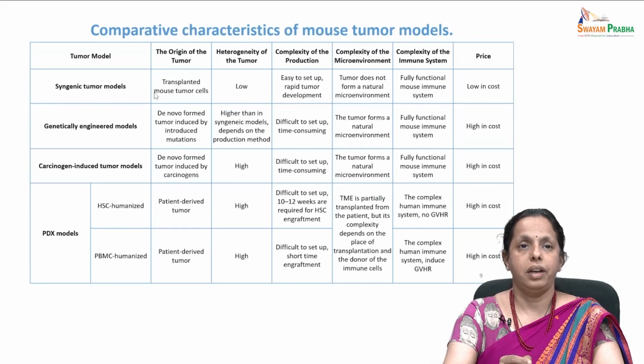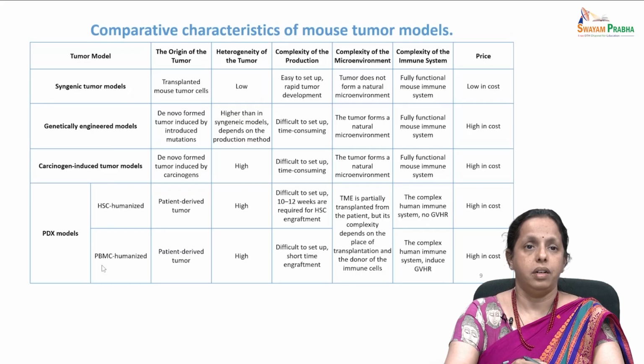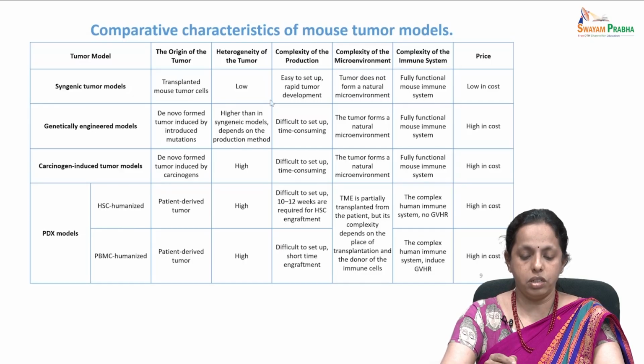This slide will give the comparative characteristics of mouse tumor models which we have discussed. So here we will be discussing humanized mice, the stem cell and the PBMC humanized strains, in the last part of the session today. Here we can clearly see how the heterogeneity of the tumor is very low in the syngeneic mice,